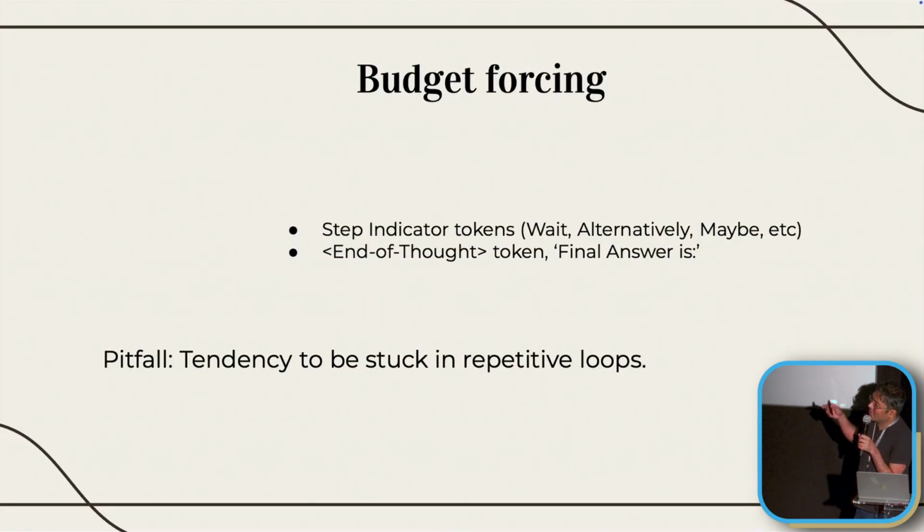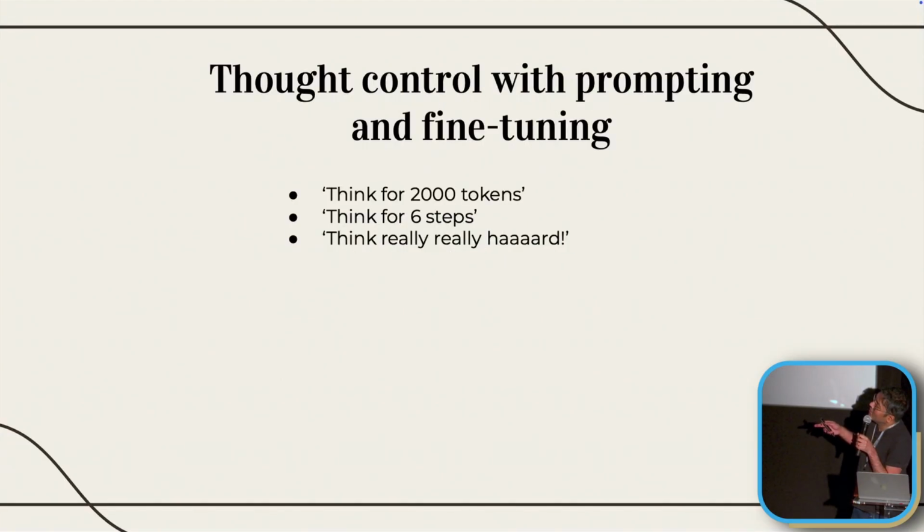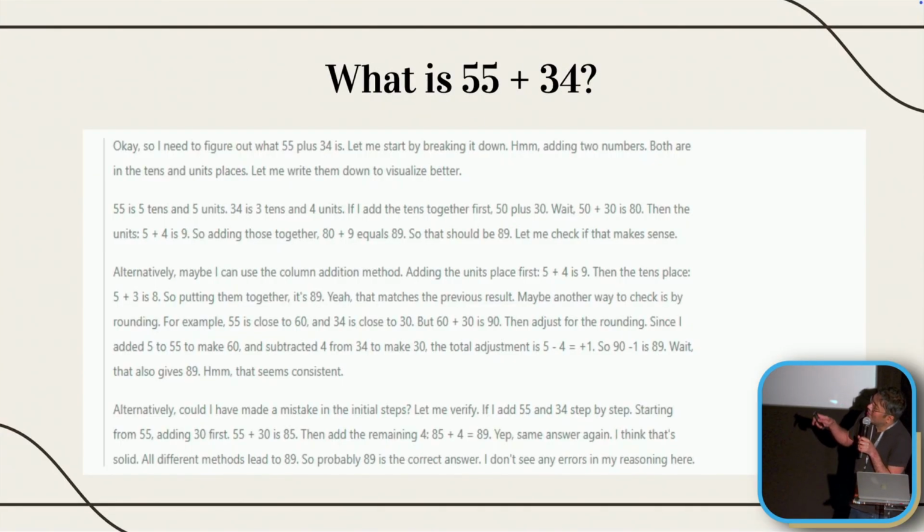So budget forcing is one of the simplest solutions. You can see that there are these tokens like wait, alternatively, maybe, etc. If you look here, every time it starts a new step, it uses these words: alternatively or wait or maybe. So what if you set up a budget, and then when you see that, you insert the word wait so that you can make the model think more? That's the budget forcing